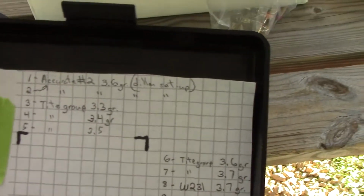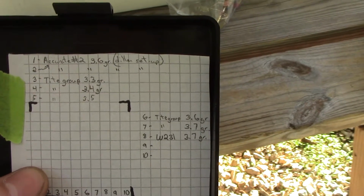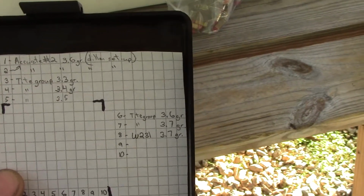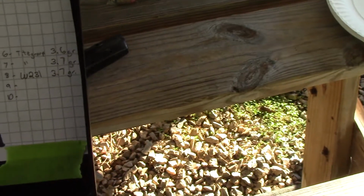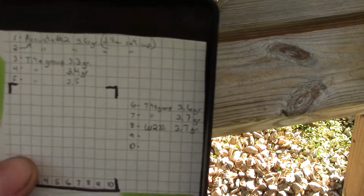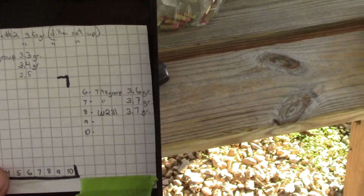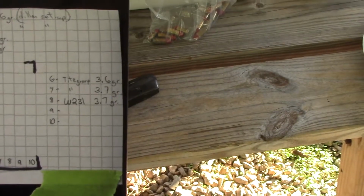Sun's blaring on that. So I had a couple different powders. I had Accurate number 2, 3.6 grains. I had Tight Group. I had Winchester 231 as well. With the Tight Group, I started at 3.3 grains, worked up to 3.7 by 0.1 increments, and I forget, I